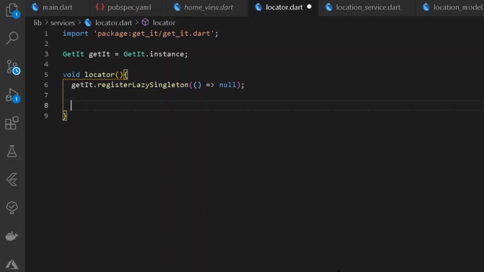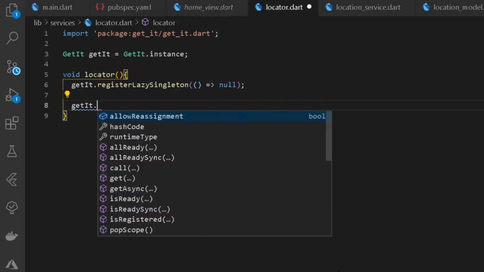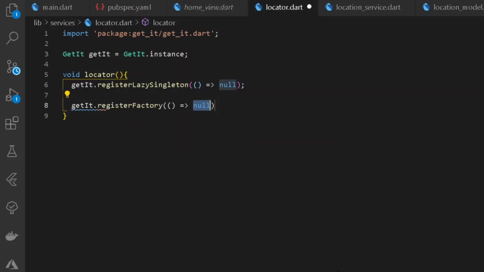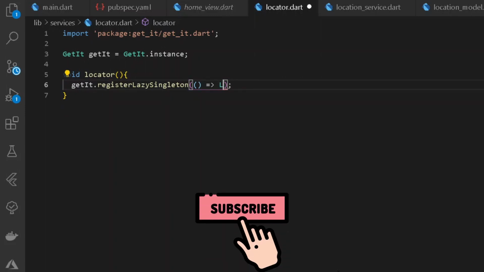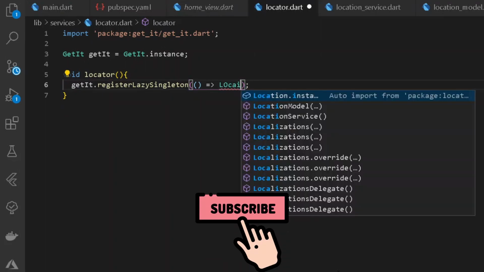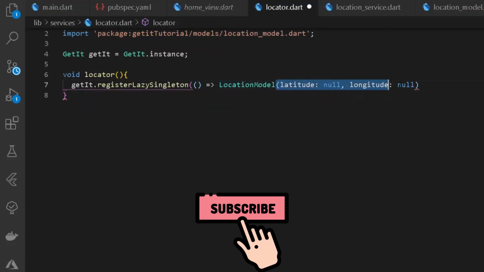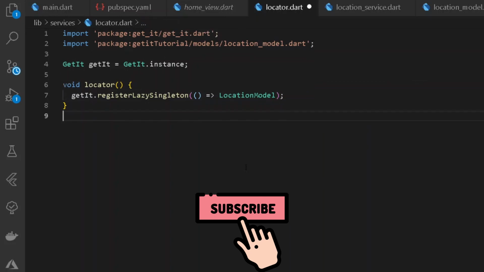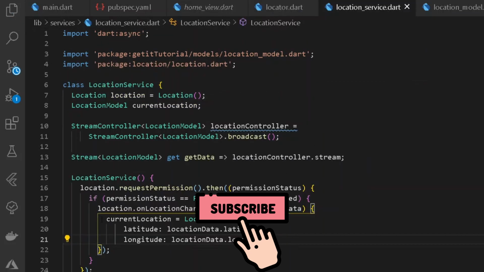Now here after writing getit dot any other thing, now here you can also see we will be simply getting a factory. Now using the register factory we shall be taking all of the data, that is we shall be listening all of the changes over our model, but we shall not require this thing for now. So here we shall be simply writing the following thing here and register our following location model. So here let's have our new location model, and here I will be simply returning this, that is removing this. Cool.